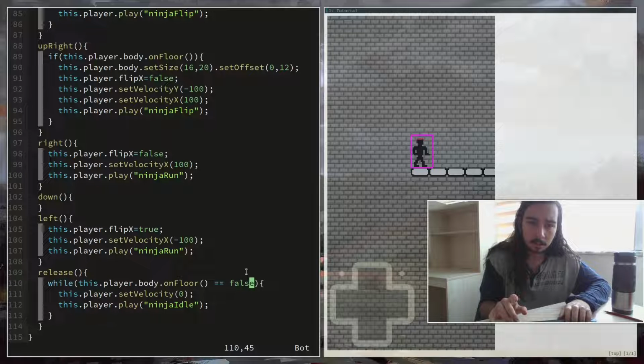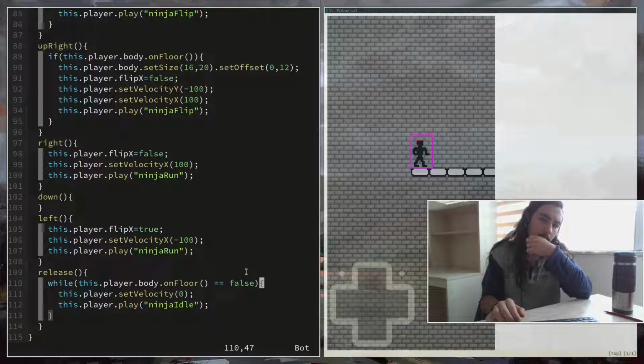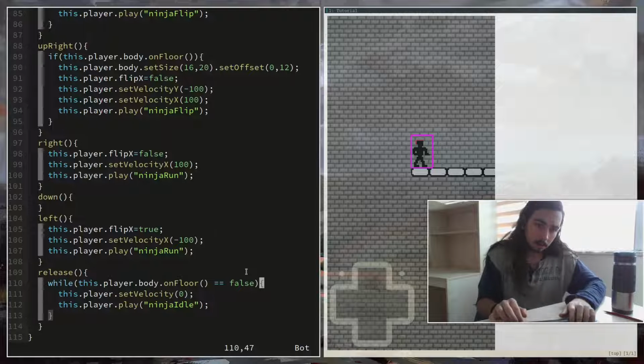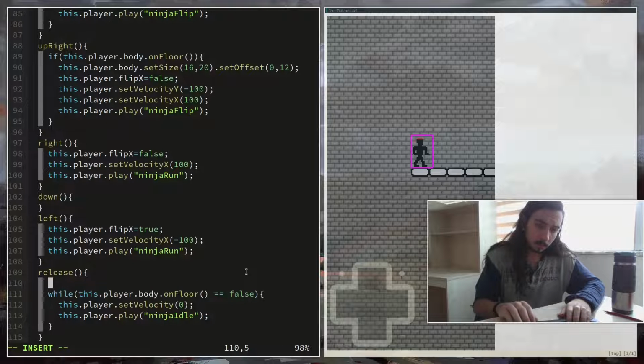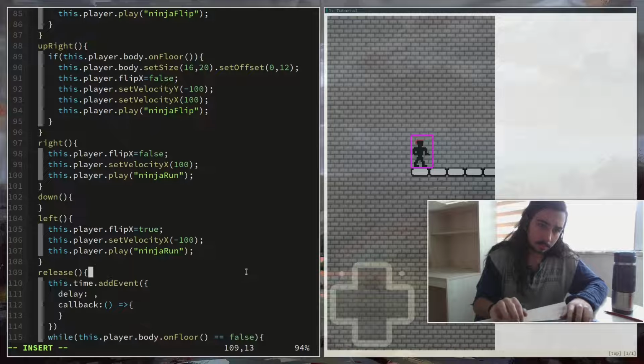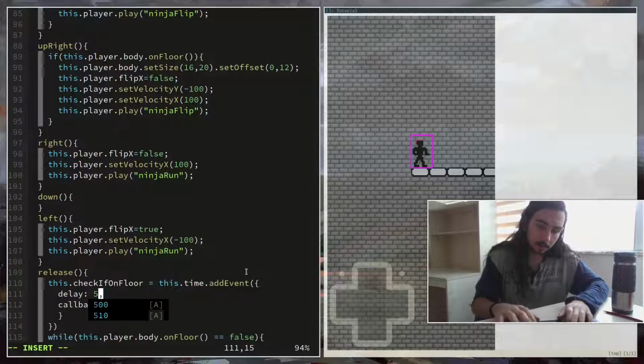No, wait. We need to just wait until we hit the ground and trigger it afterwards. We can use a time event. Let's call it check if on floor. Let's give it something like 50, make it loop,